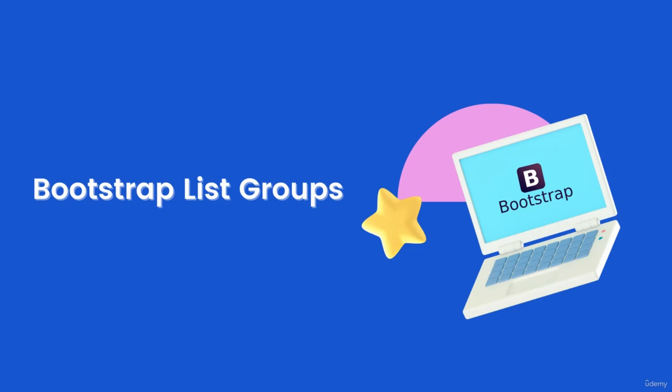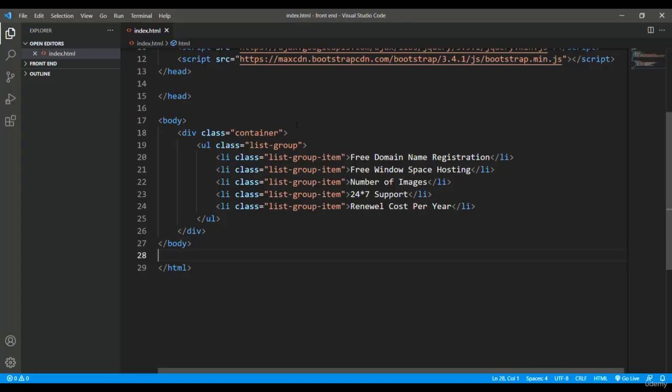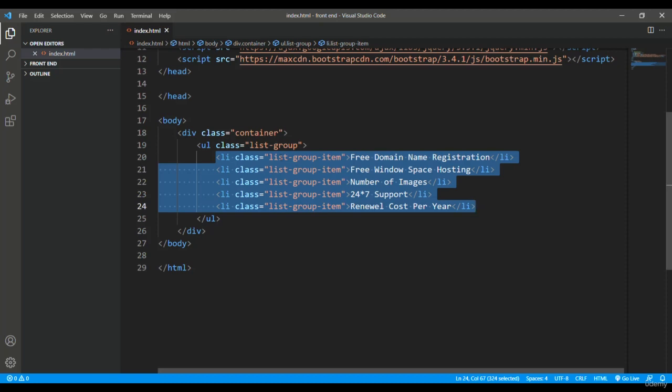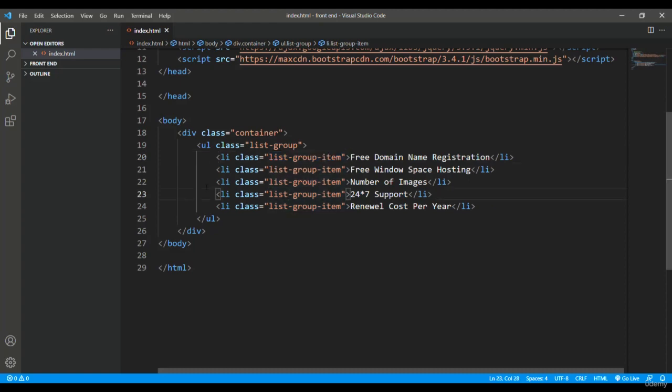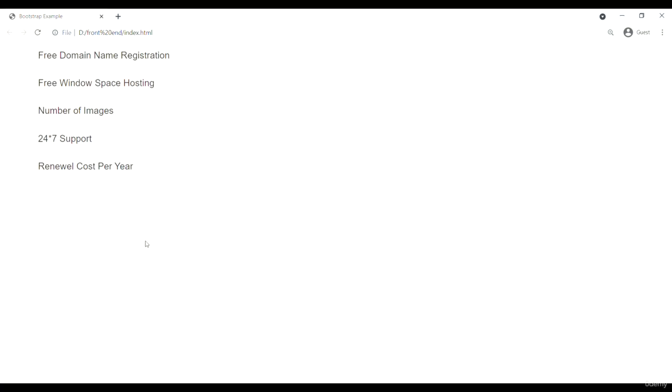So let's start working on list groups. In this example, I have taken an unordered list in which I have put a class called list-group. It will contain multiple list items with the class list-group-item. I started with plain text itself. So let's see how this list is currently looking. Alright, so here you can see a few elements being decorated like this with the help of